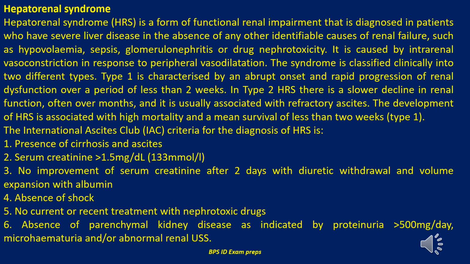No improvement of serum creatinine after 2 days with diuretic withdrawal and volume expansion with albumin. 4. Absence of shock. 5. No current or recent treatment with nephrotoxic drugs. 6. Absence of parenchymal kidney disease as indicated by proteinuria more than 500 mg per day, microhematuria and/or abnormal renal